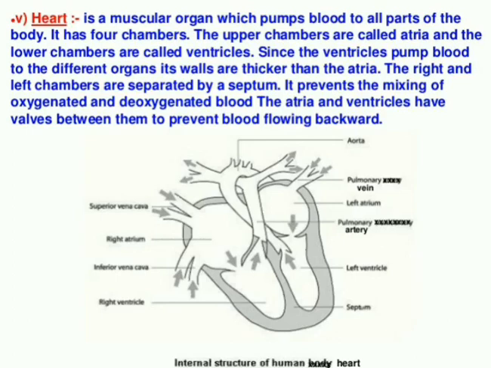So the left atrium and the right atrium are separated by one septum, which is called the interauricular septum. Auricle means atrium only. So the left auricle and the right auricle are separated by the interauricular septum. Similarly, the left ventricle and the right ventricle are separated by the interventricular septum. Generally they just say septum, but this is the actual word.